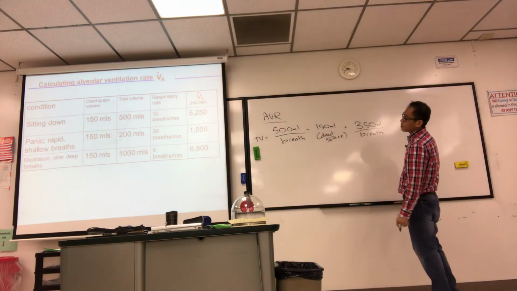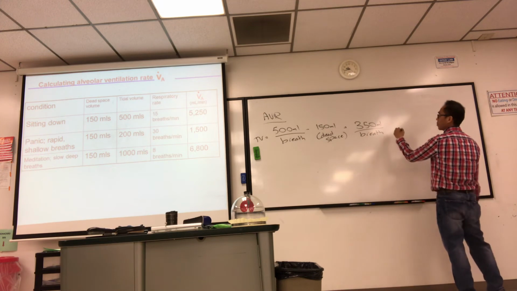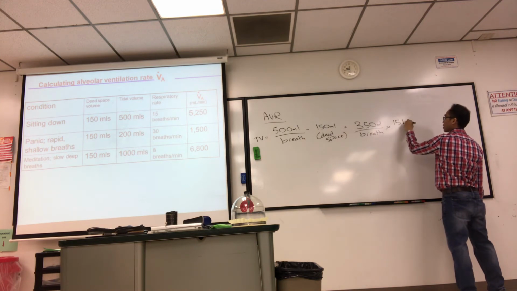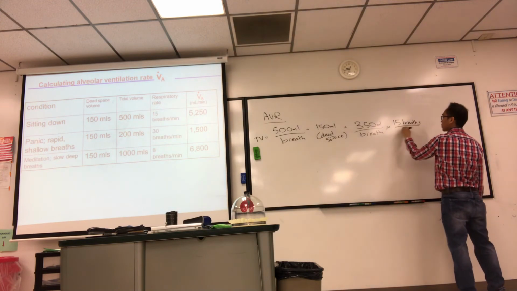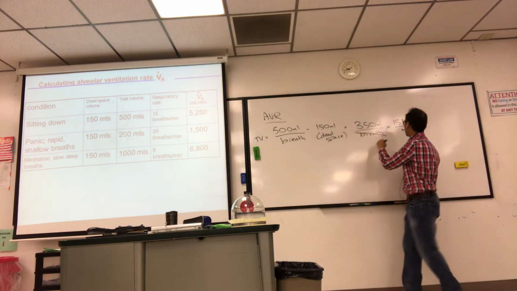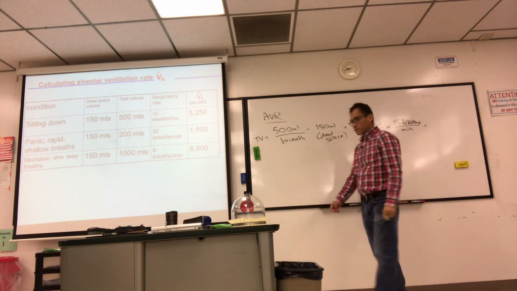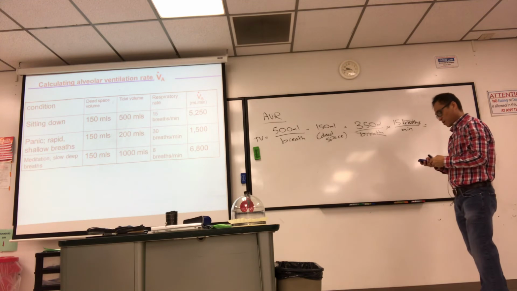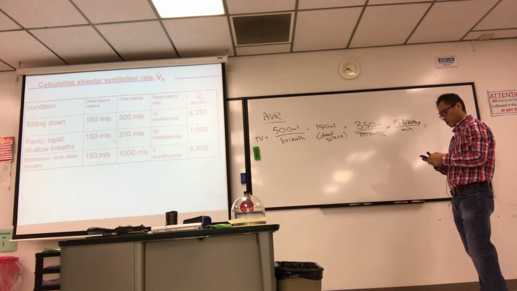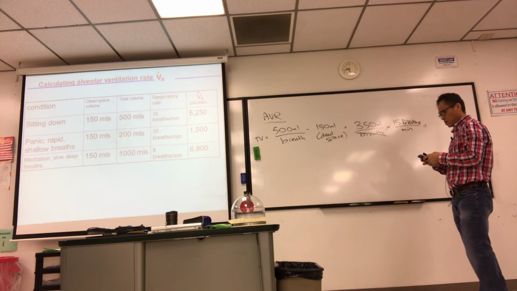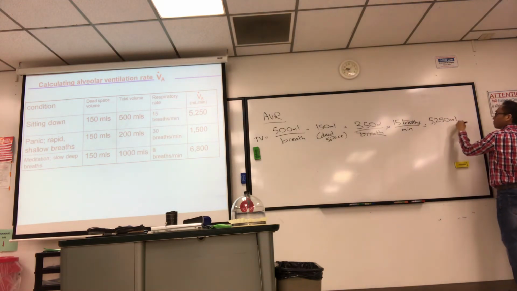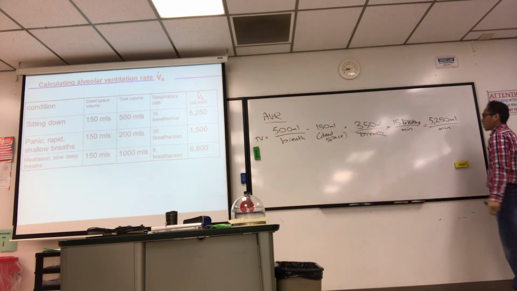So let's see here. Multiply that by 15 breaths per minute until the breaths cancel out. So it's 350 times 15. I'm sure it calculates out to what I got there, I'll just be sure. 5250 mL per minute. So that's the fresh air that's reaching